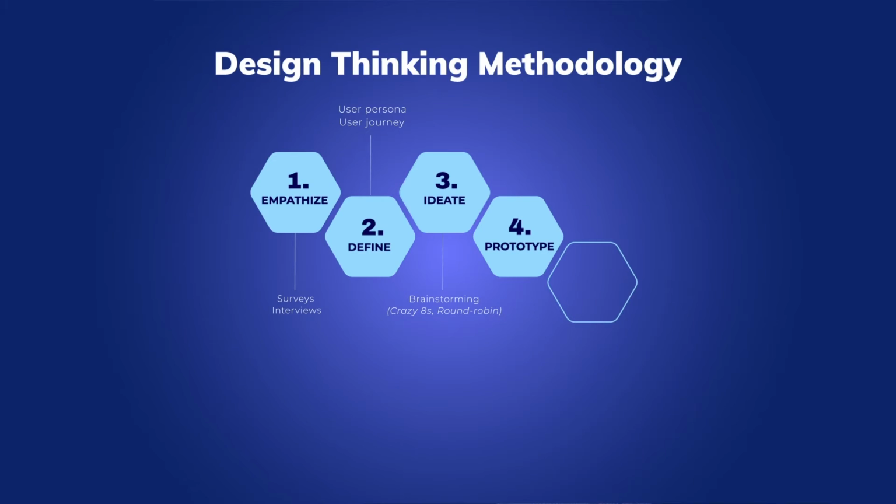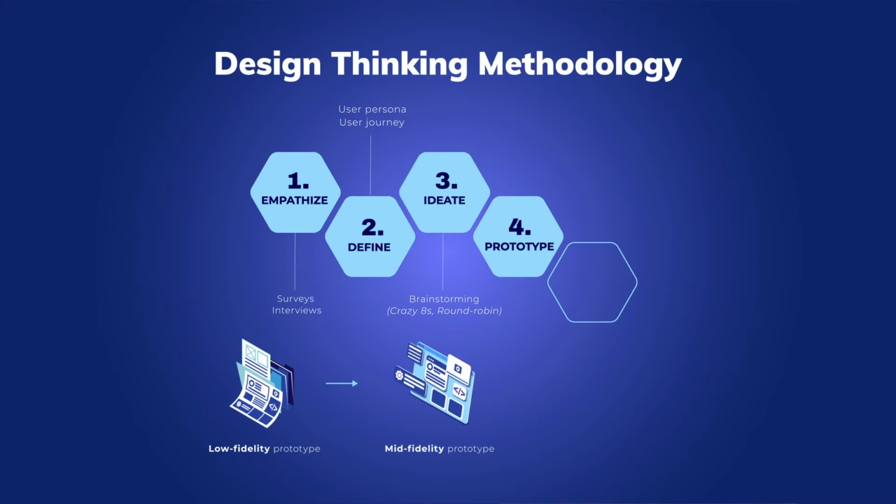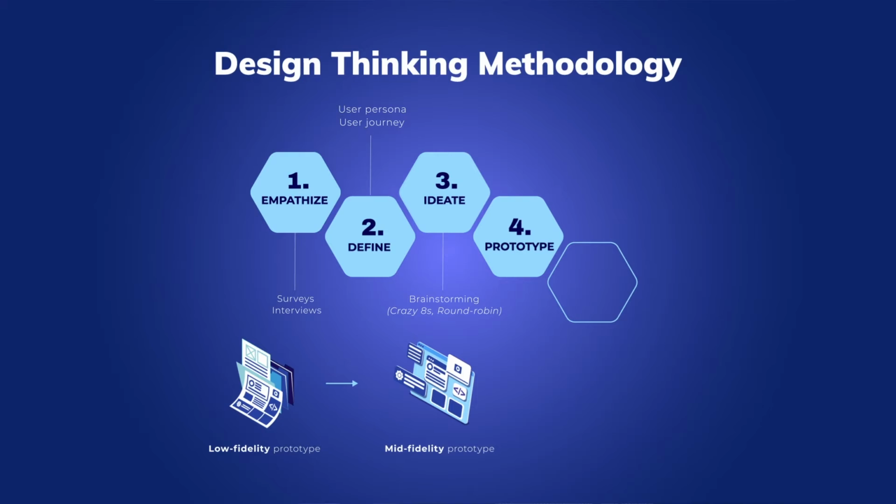There are different levels of prototyping. The first level is the low fidelity prototype, which is a paper prototype that allows us to have the first feedback from users, and then we can implement the feedback and go further with the mid fidelity prototype, that is a wireframe, the first digital version of the final product without any colors, without the final font, for example, and all the visual things. It only serves us to verify the structure of the website.